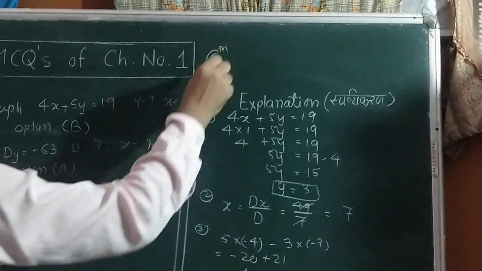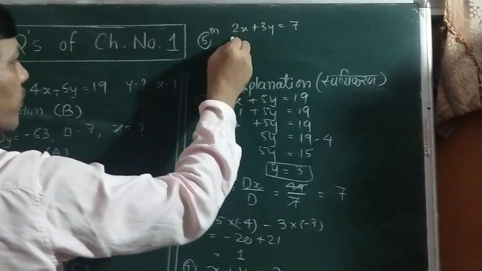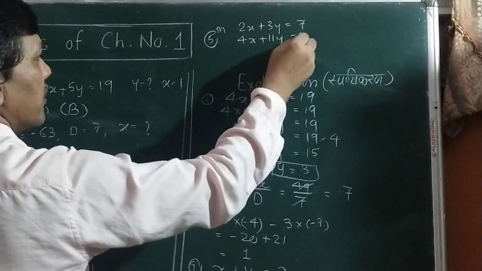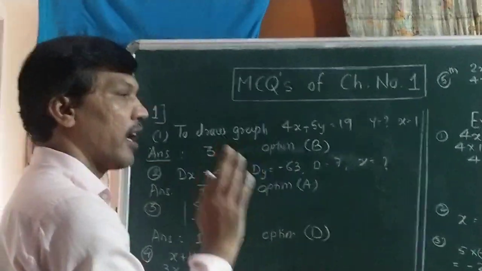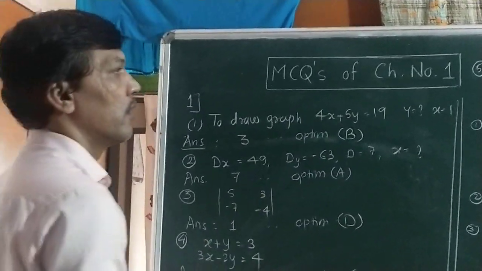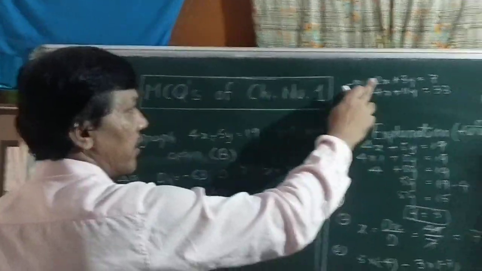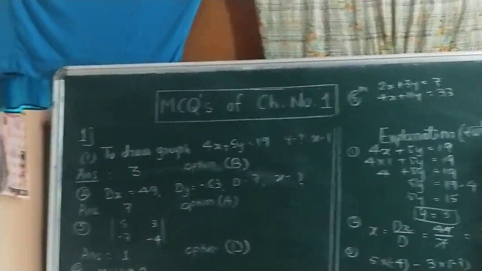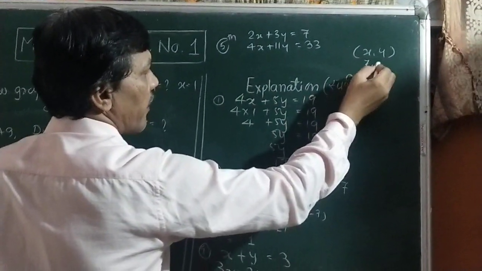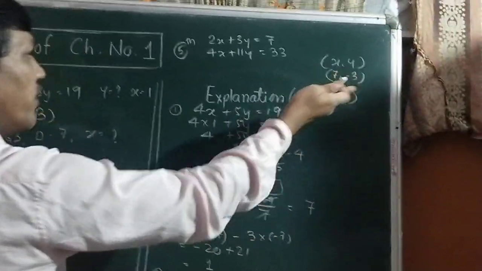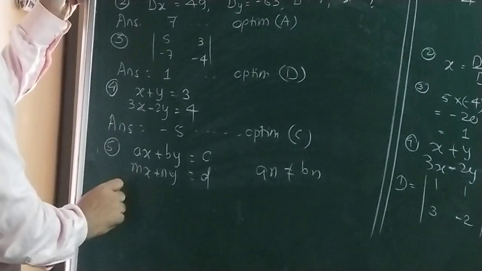Fifth, see, 2x plus 3y is equal to, for example, 7, and 4x plus 11y is equal to 33. After solving, we solved so many sums by Cramer's rule, by the graphical method, and by making the coefficients equal. You get only one solution, that means x comma y at the end. Right? This type of sum we solved already in 1.1, 1.2, 1.3. Cramer's rule, graphical. You got only one solution. For example, the solution is 7 and minus 3. So this is only one solution. That is why your answer is what? Only one common solution.